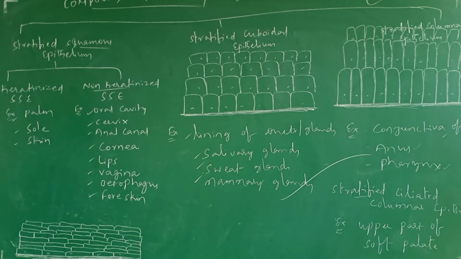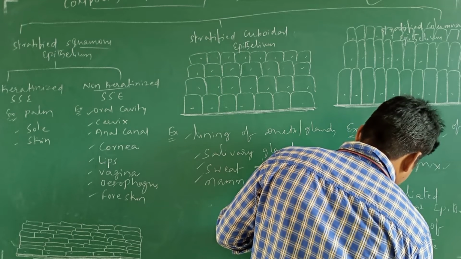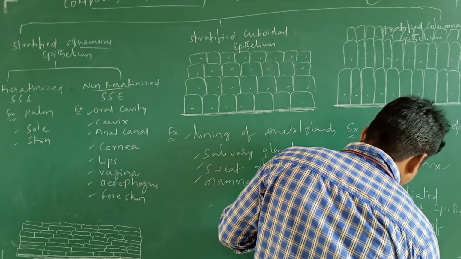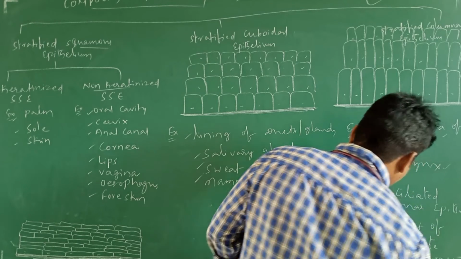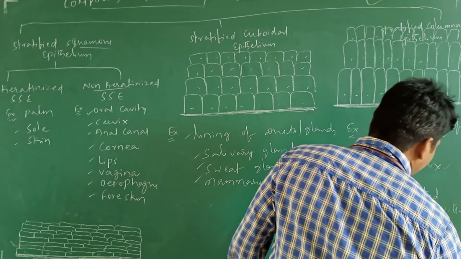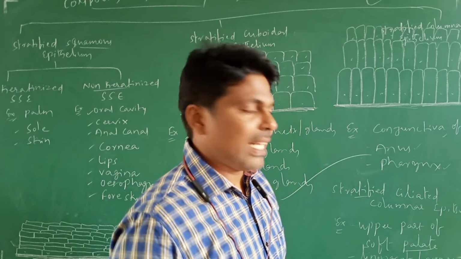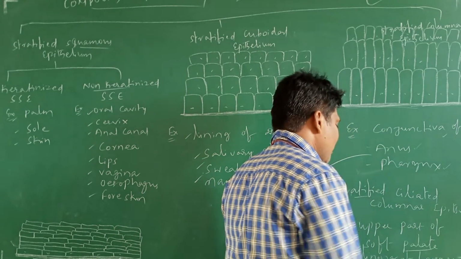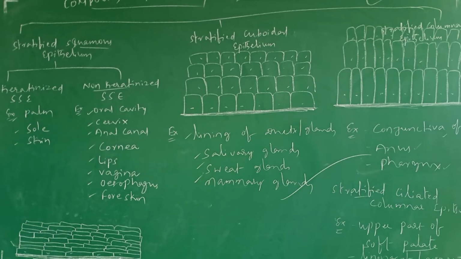Also, we can say the lining of the larynx, the lining of the voice box. Larynx is nothing but the voice box. Palate means the upper soft portion in the mouth, which we call the palatine. So, the upper part of the soft palate and the lining of the larynx are the examples. Please go through it. And one more. Understood this one? Next.